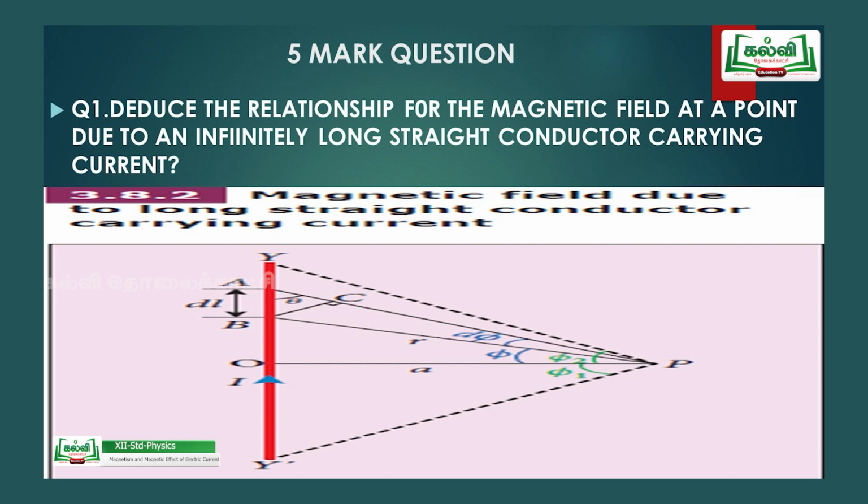So, this is the diagram. You have to mark theta. What is theta? The angle between the conductor, that is the current carrying wire, and the point P is theta, and you have to mark phi, where to mark d phi and all. With the help of this diagram you can explain this. For this diagram they will be giving half mark, and for this explanation they will be giving half mark. What is this explanation? You have to explain the diagram.